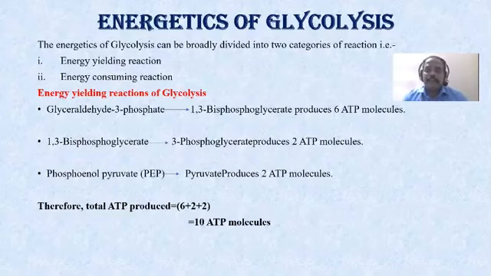Under the payoff phase, the first energy yielding reaction is the conversion of glyceraldehyde 3-phosphate to 1,3-bisphosphoglycerate, where it produces 6 molecules of ATP. The next reaction, where 1,3-bisphosphoglycerate is converted to 3-phosphoglycerate, produces again 2 molecules of ATP. Again, it is substrate level phosphorylation. Even the last reaction is also considered to be substrate level phosphorylation, and it is also an energy yielding reaction. Therefore, the total number of ATPs produced under the energy yielding reactions